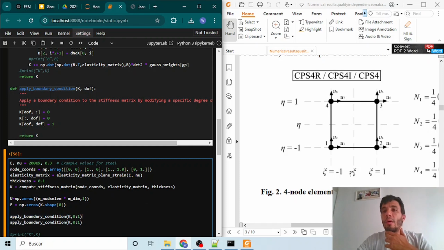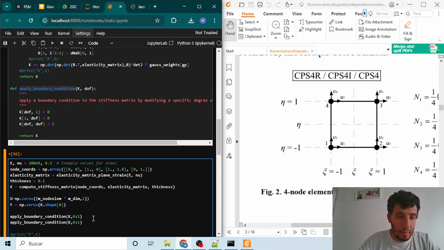Remember that we don't have here a global and a local degree of freedom. So the next degree of freedom to restrict will be the vertical one in order to have a simple restraining. It's restraining this node and vertically in this node, so we can expand like this in all directions.